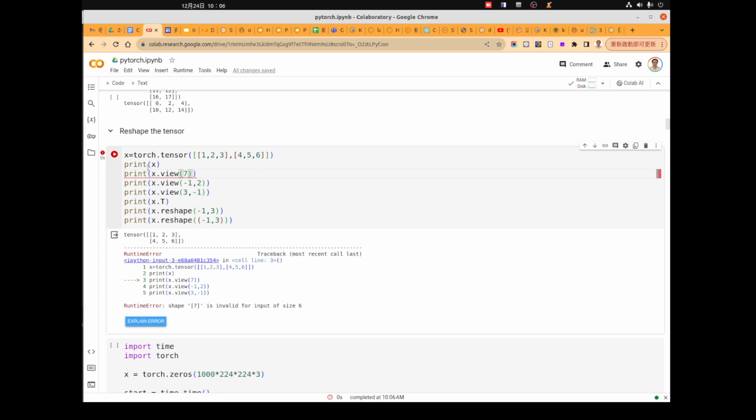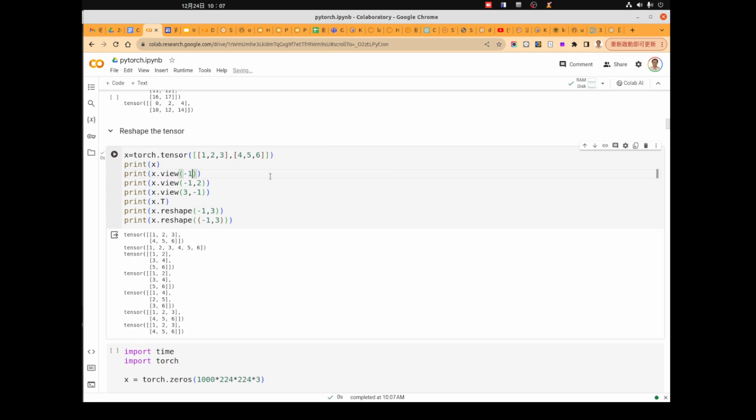Since x has 6 elements in total, it's impossible to make it an array of 7. So you need to make it 6 here, or if you don't want to write the exact number, you can simply write -1 here, so that PyTorch will calculate the correct number for you. It will be exactly the same as writing 6.